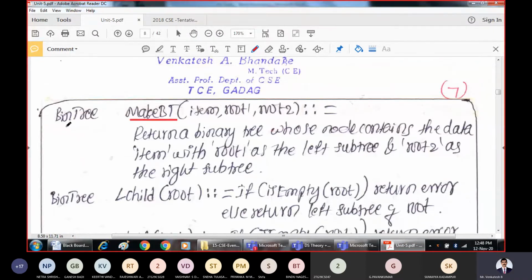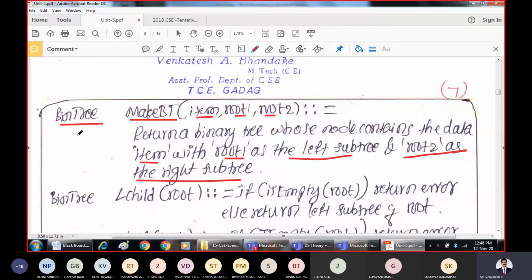Now make binary tree. It is going to return a binary tree by inserting this item, with root 1 and root 2 as the parameters. It returns a binary tree whose node contains the data item, with root 1 as the left subtree and root 2 as the right subtree. That's it. It is make of item, root 1, root 2.